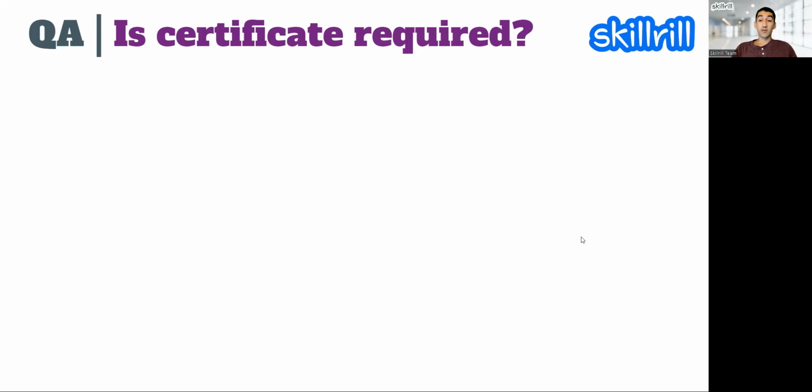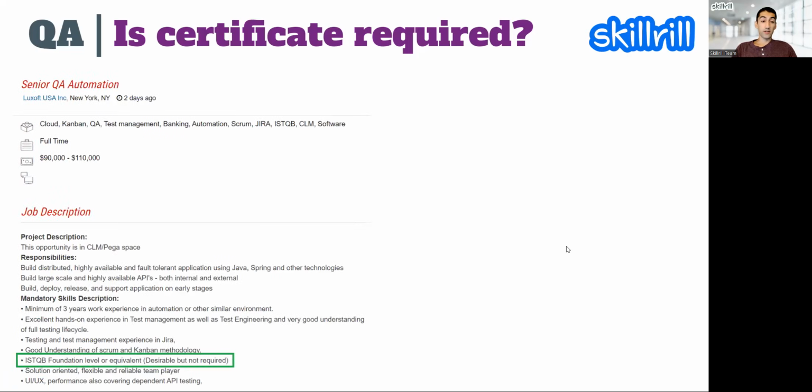But there's a caveat, right? So let's take a look at those two job positions that I got recently. This is a senior QA automation position. I captured this screenshot last week, I think, and this position might still be hot. So if you are looking for job opportunities, you can still check that on dice.com. If you look here, I highlighted, and it says ISTQB foundation level certification not required, desirable but not required. So it's desirable. They're still listing that as part of their job description.